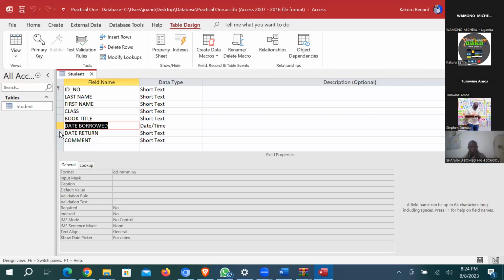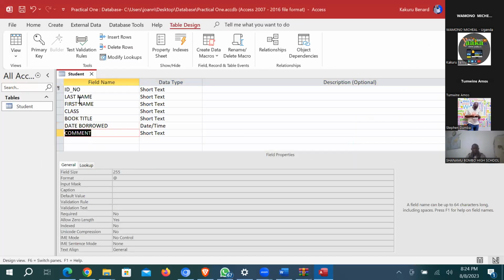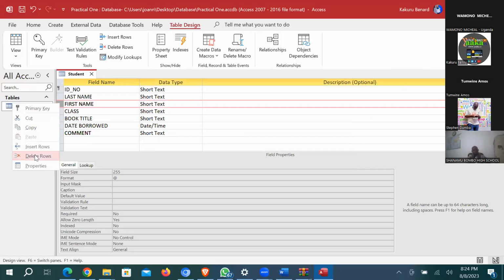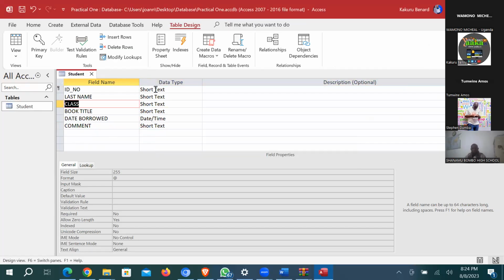Yeah, we can maintain one date. We can delete some other rows so that our database is not too long for now. Yeah, I've removed some. So with data types, we said when those of us who studied with Office 2003, you